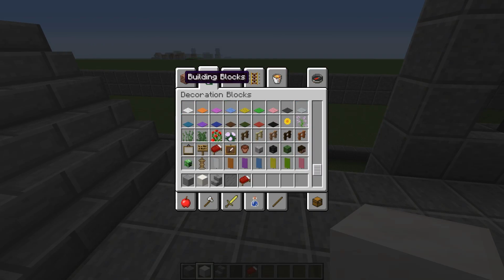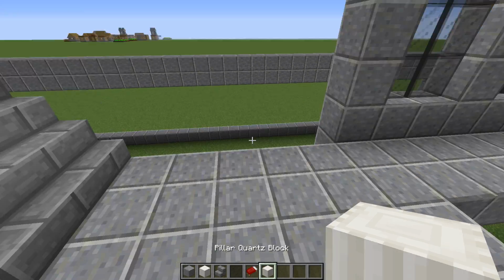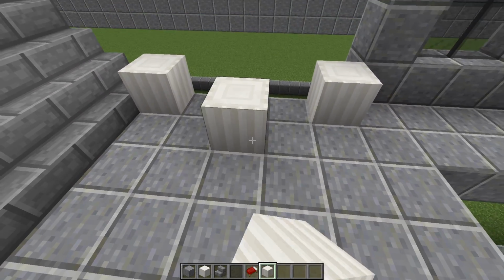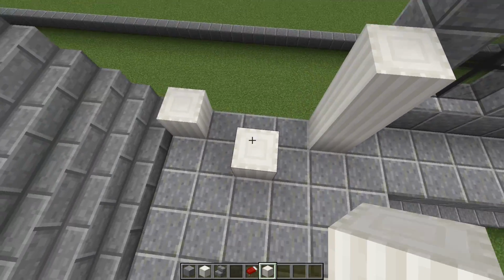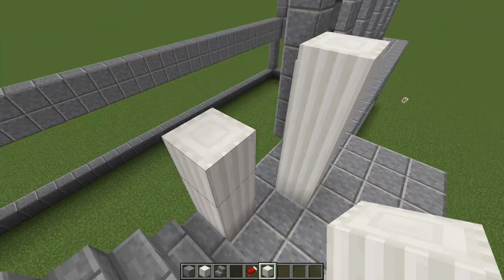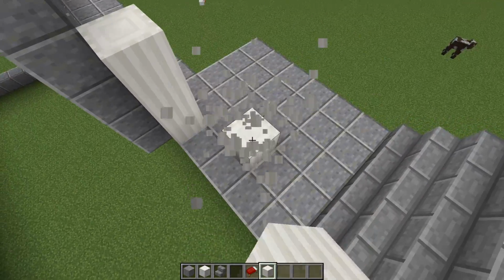Is it on here? I think it's in the blocks. You can use the quartz, yeah, these pillar quartz. They are really good for making something more fancy. You can just do this, and when you fill out the back of this, you will still have a decent amount of depth per...